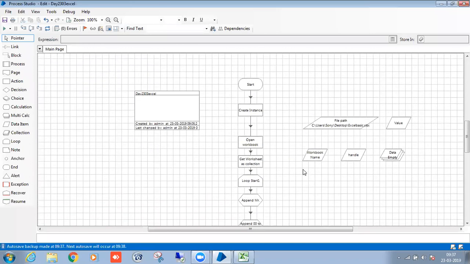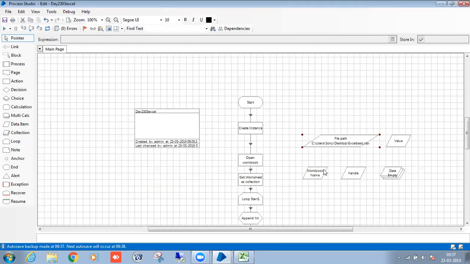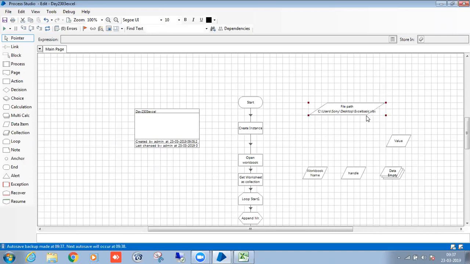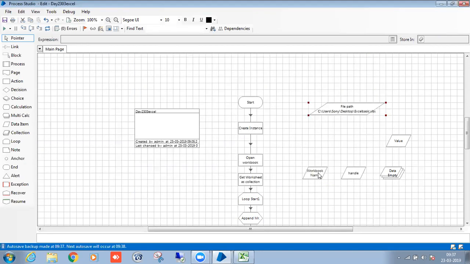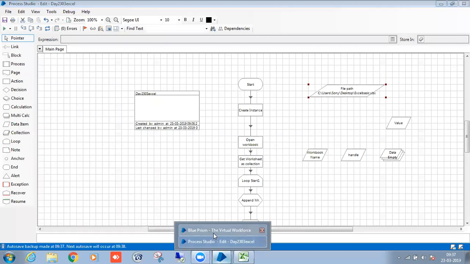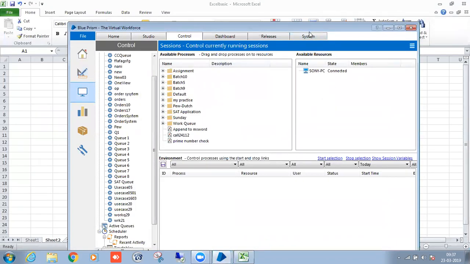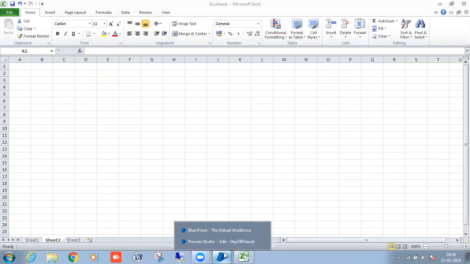And one more thing here. This is the file path, and I have taken a hard-coded value. This file path won't work for your case, because your desktop also has a different file path. Suppose you have done the development and released the code to others, like the testing team. Those people don't know coding, and they don't even have access to Studio. They can only see the Control Room and the System Settings tab, and their desktop file path will be different.